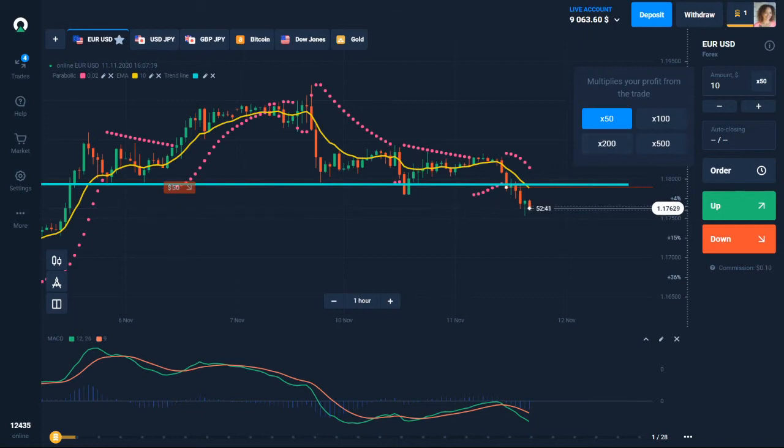What does this mean? This means that if I enter my trade for $10, right here's the amount of my trade, and I choose the 50 multiplier, then it is like we are trading with $500. If we choose the 100 multiplier with a $10 trade, this means that we're actually trading with $1,000. With the 200 multiplier, same scenario, that's $2,000. And if we choose the highest multiplier, which is times 500, this means that we are actually trading with